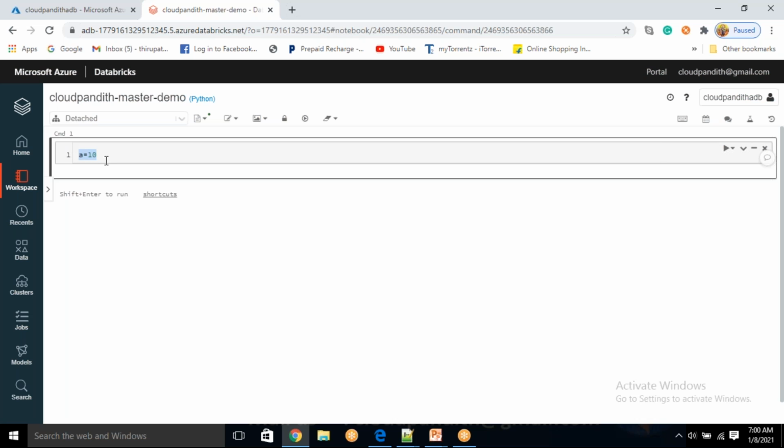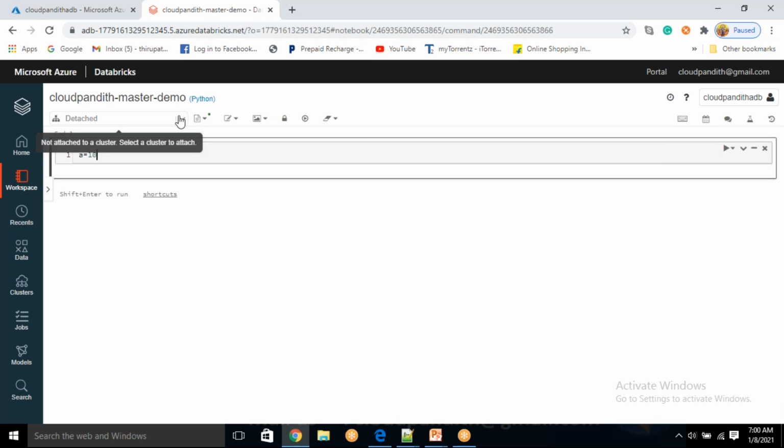Okay, but in Java and C++, you need to tell what is the data type of this particular variable, what kind of data you are assigning to this variable A, isn't it? But Python and Scala are dynamically typed languages which will infer the data type automatically. Okay, even in Scala also, the data types will be inferred automatically. We need not provide the data type of this variable A. Okay, let's say I have something.